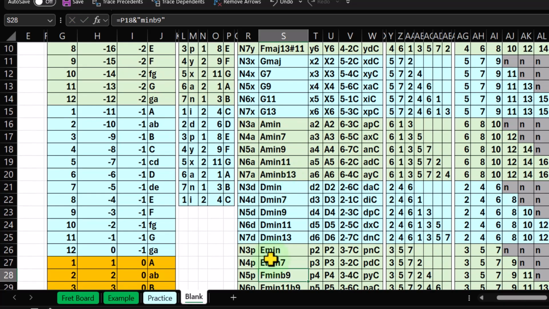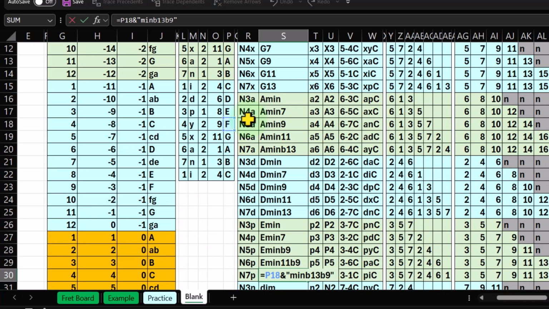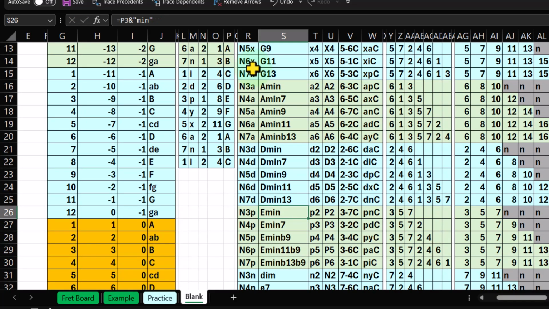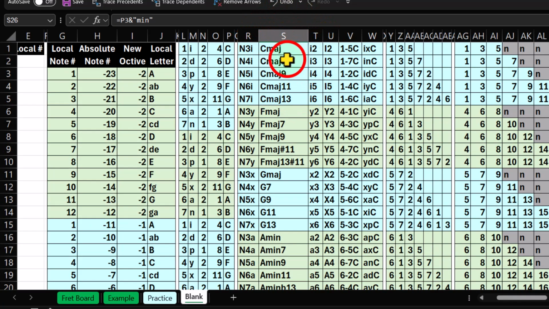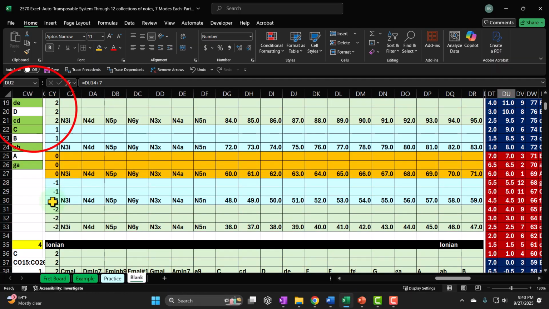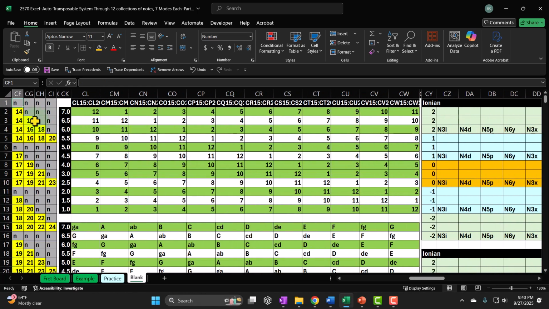It should be that E, and then F2 going into it, and then that needs to be an E, not an F. Enter F2, and then I'm going to fix the formulae. That needs to be an E, not an F. Enter F2, and then this once again needs to be an E, not an F. All right. These automatically change based on this key, which is the yellow cell over here. So if I change this to an 11, boom, this whole collection of notes changes